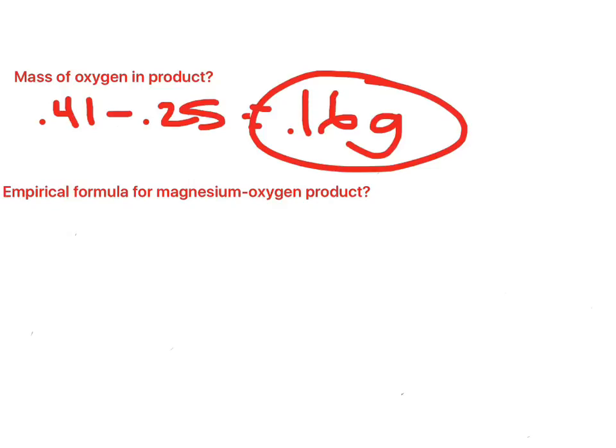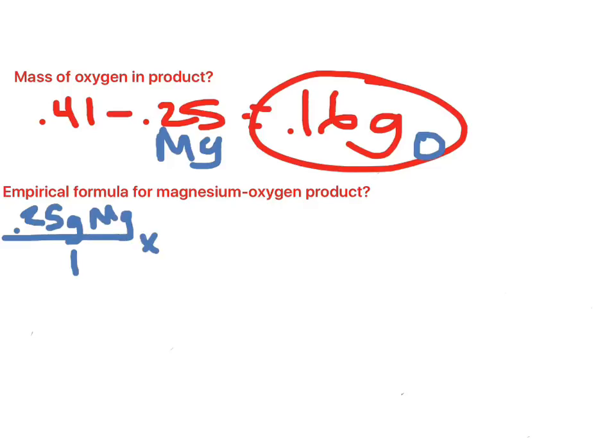So what we're going to do is we're going to take the grams that you found in your experiment. So we got 0.25, which I know is Mg, and we got this one, which is O. So we're going to take those molar masses, and we're going to find the moles. So you're going to set up an equation: 0.25 grams of Mg over 1, and your molar mass is going to be 24.31 grams over 1 mole. And you're going to get,